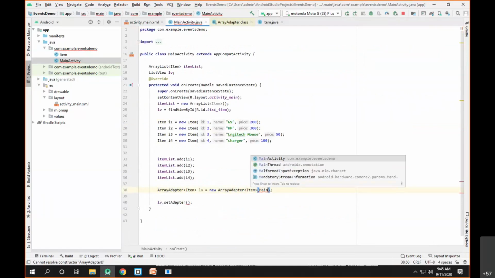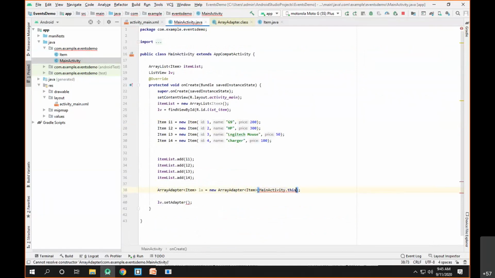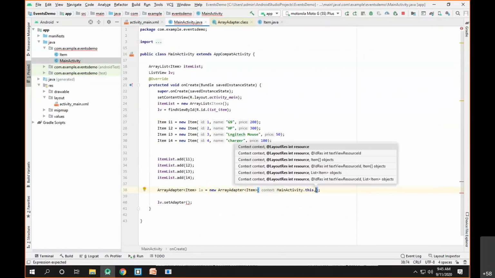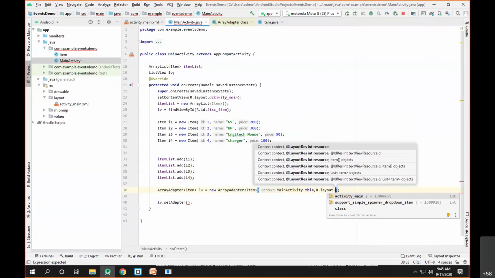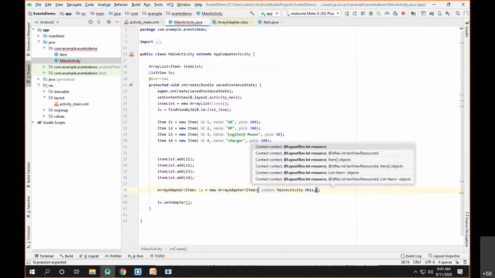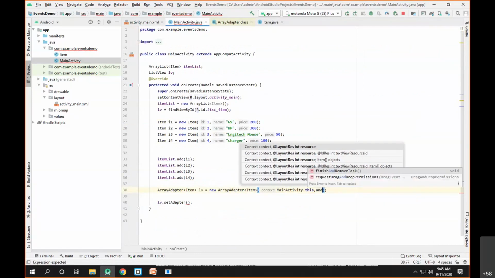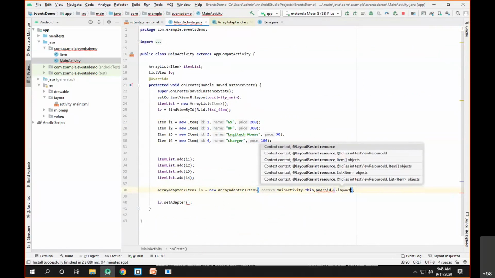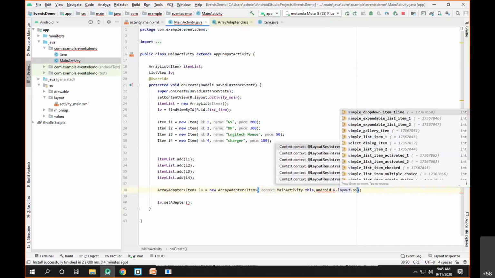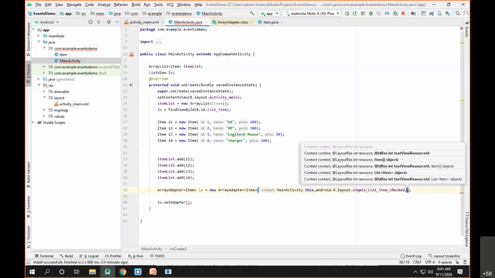So we can pass the context as the first parameter. So let's call it main activity dot this, then R dot layout dot. I want the resource type, so it should be from the Android package, R dot layout dot, and we'll select simple items. So this will generate a checkbox list on the item list.